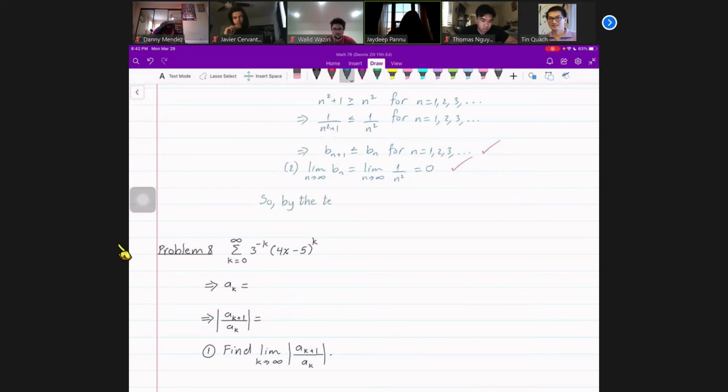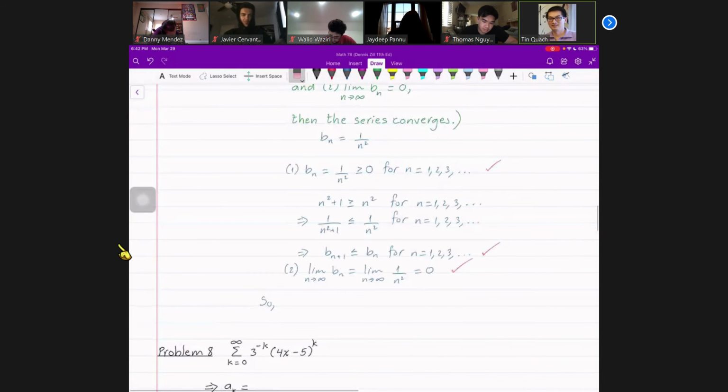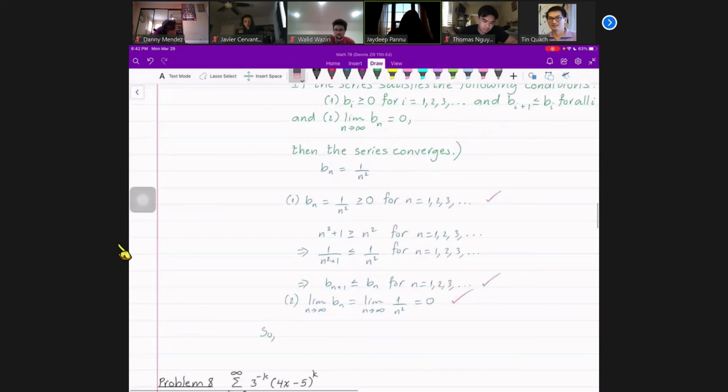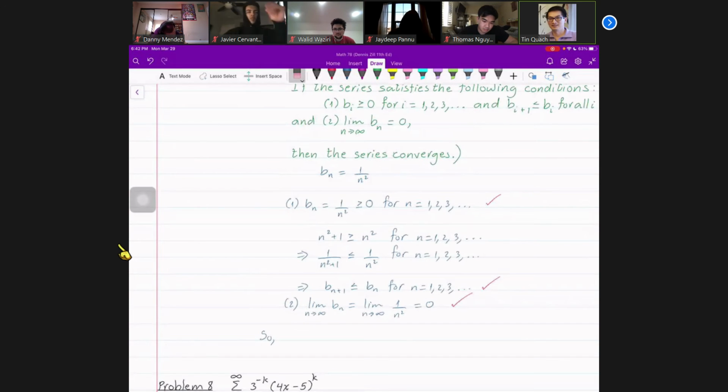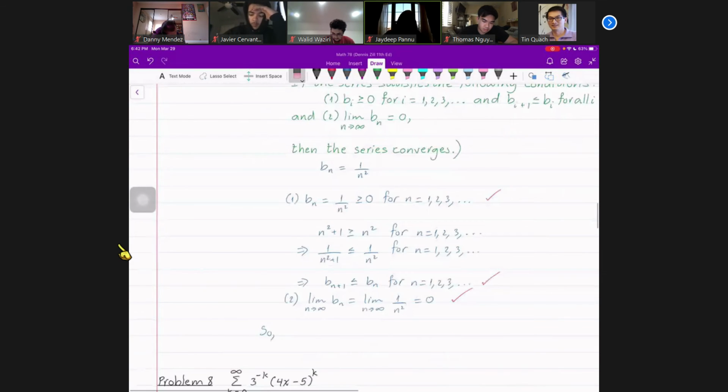I have a question, Professor. Yes. Isn't the +1 supposed to go inside the square? Which +1? You put n squared +1, but isn't it the square of n plus 1? Let me see. Hold on. B sub n. Yes, you're right. Thank you. Welcome. So it should be like this.